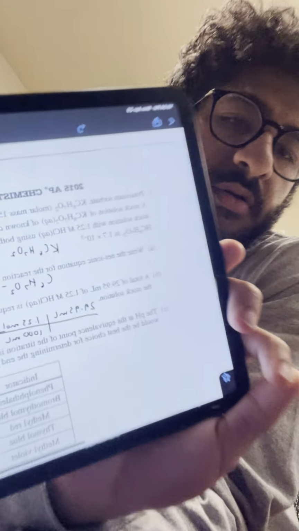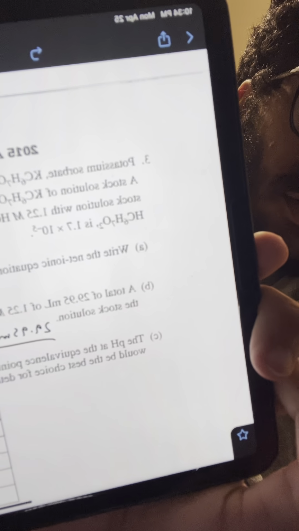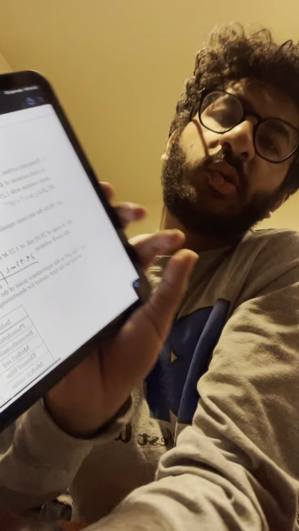So here we have the explanation for FRQ number 3. In this FRQ, we have potassium sorbate, KC6H7O2, and it's commonly added to diet soft drinks as a preservative, and a stock solution is prepared, and a